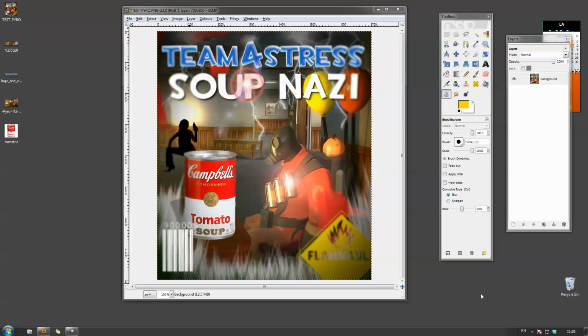I'm going to do a little demonstration on using Gimp, which is a free application. You can download it off the internet. It's a good alternative to Photoshop or Illustrator, and I am going to talk this fast and I am going